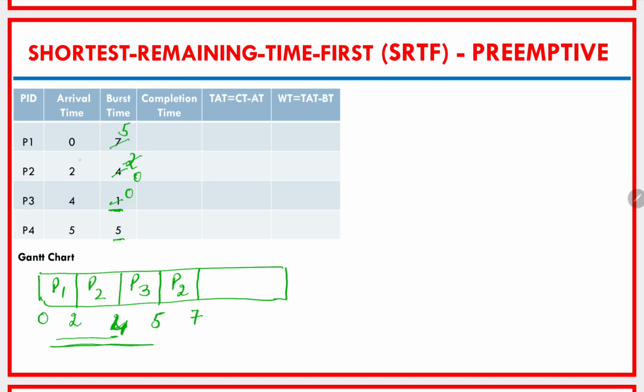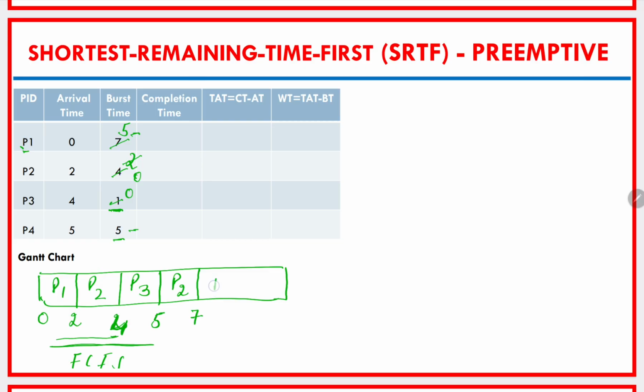So we are left with two processes over here. One is P1 and another one is P4, which are supposed to execute, but both of them have the same burst time. As I've already told you, if two processes have the same CPU burst time, in that case we can resolve the tie with the help of the FCFS algorithm. As we see, it was P1 which entered the system first, so we are giving P1 the opportunity